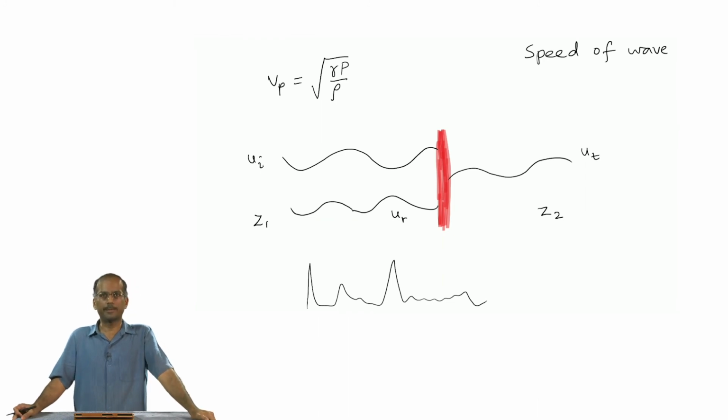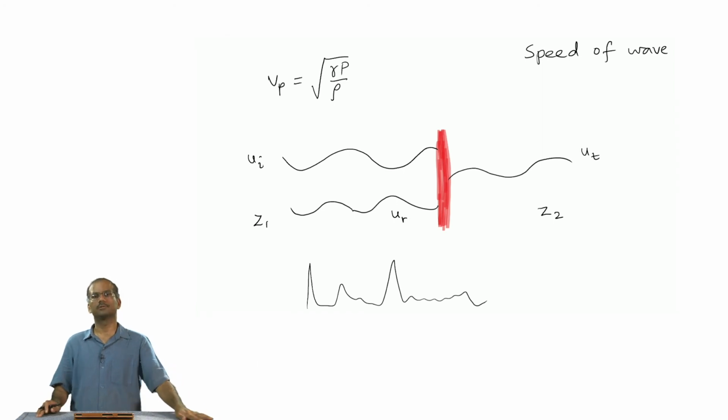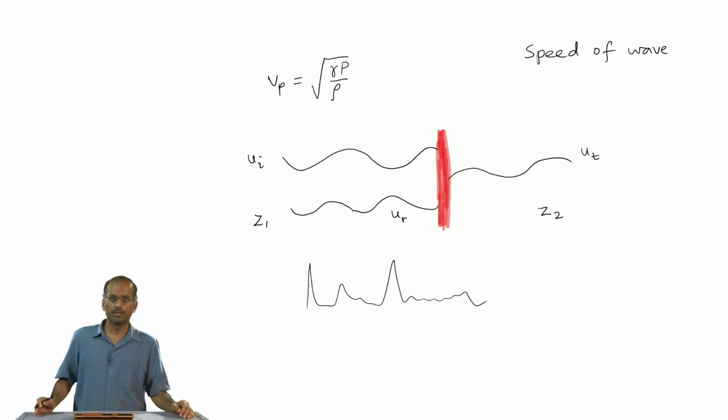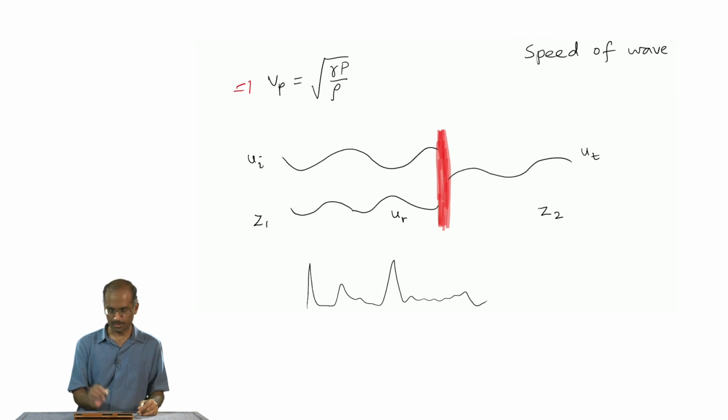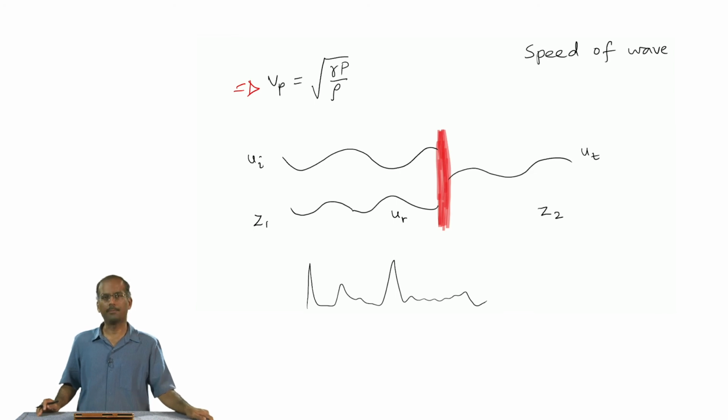And we spent almost a week looking at the speed of waves. In particular, we studied the special case of sound waves. Sound waves are longitudinal waves. The oscillations are in the same direction as the direction of propagation. There we obtained the speed of sound, the phase velocity of sound, which is simply the square root of gamma P by rho, where P is the pressure and rho is the density